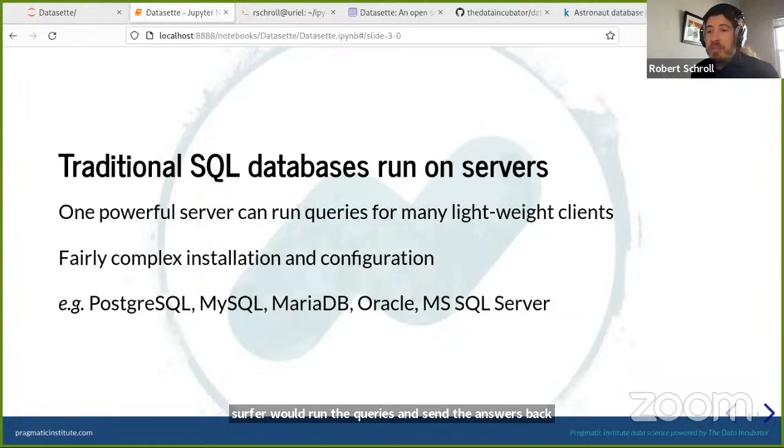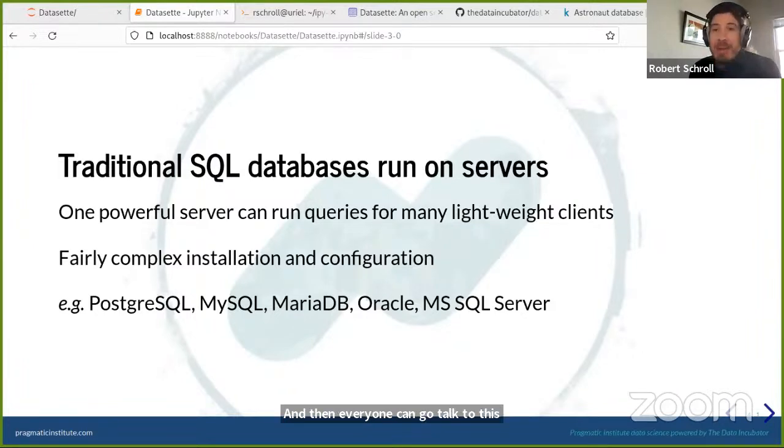This is how most of the standard SQL databases today work. Things like Postgres, MySQL, MariaDB, Oracle's database server, Microsoft SQL Server, all based on this idea that there's a central database machine that should be guarded and maintained very carefully, and then everyone can go talk to it.